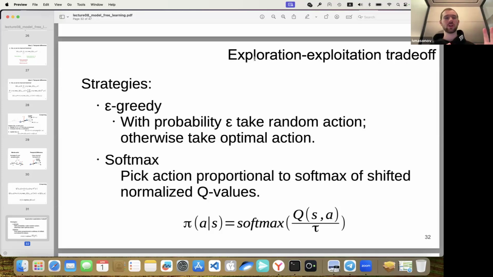Or you can explore the environment, the states and the set of actions, but of course